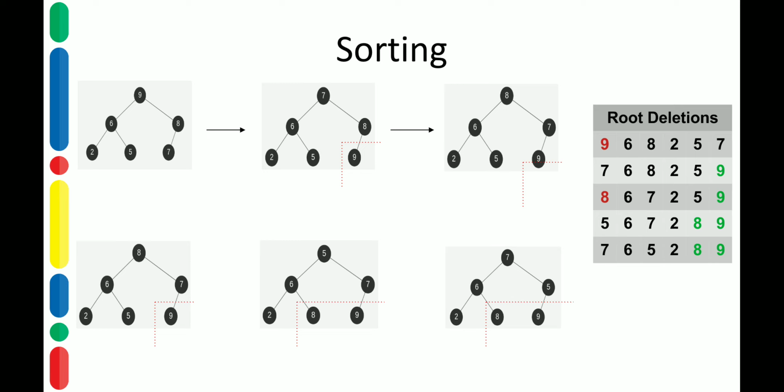If you observe here, earlier the largest element occupied the root position, but now when I exchange it with the last element, the largest element occupies the last position in the array. You can see the green colored ones. If the largest element is placed in the last position, it means that the last element is sorted. Now we reduce the size of the heap, and the resulting heap is shown in the second diagram, the middle one.